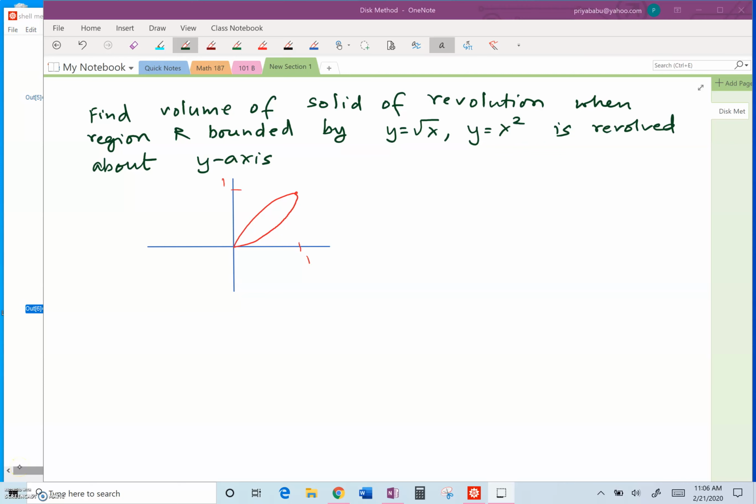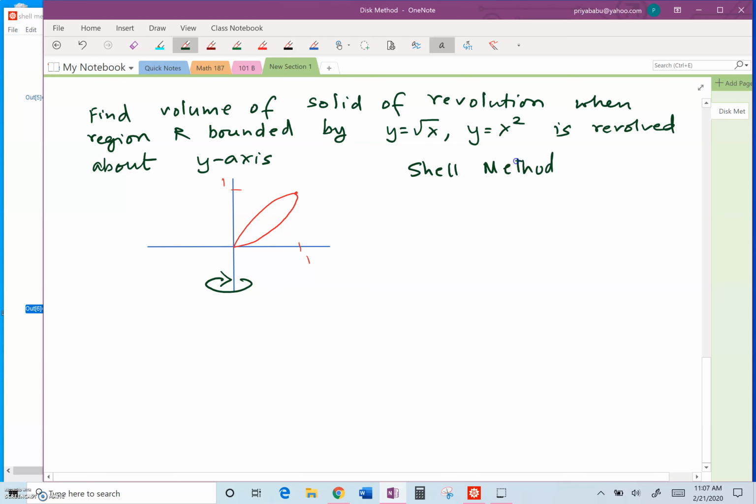To find the volume of the solid of revolution when the region is revolved about the y-axis, we're going to use the shell method here. Before we go to the problem, we want to see what the volume of a shell is. A shell is a hollow cylinder, and then we have this radius and the height, and the circumference here is